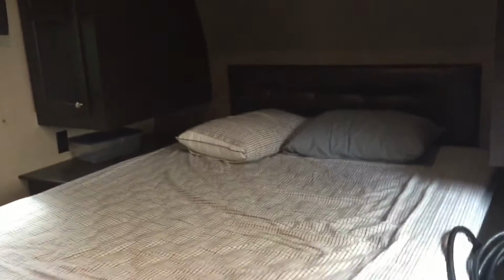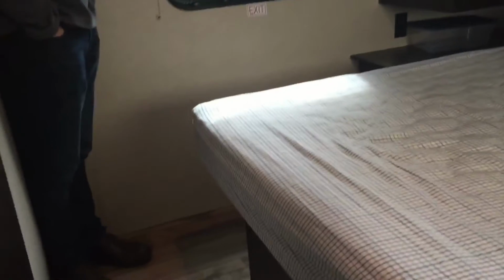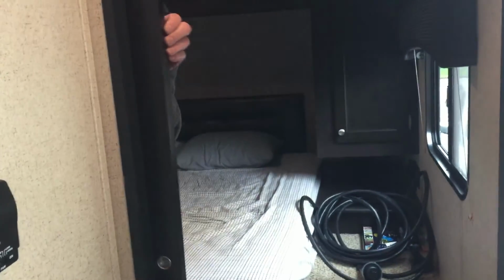And then in here we have the master bedroom, which again is a good bit bigger than our old trailer. It's an actual walk-around bed, with an actual door, a sliding door. Goodbye. And Dave is closing the door, and see, now he's just in there all by himself, and kids can't get in there. Well, they probably could, but queen-size bed,